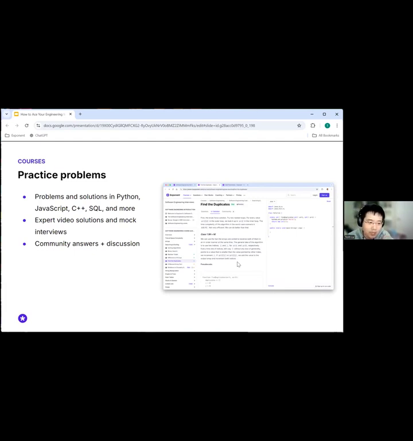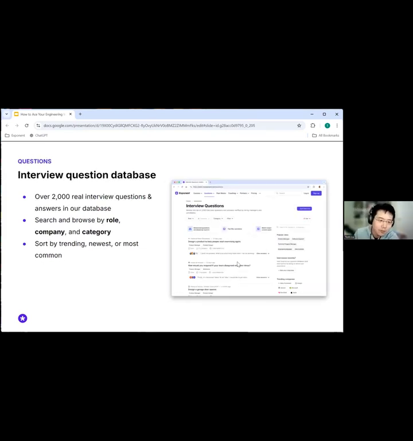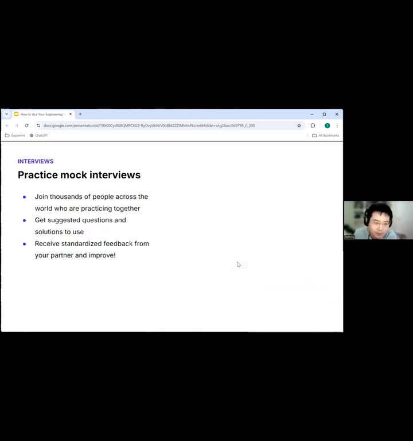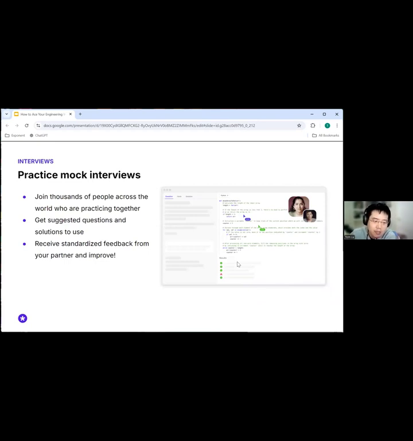Over the years, we have a large community. The community refreshes the question bank and provides answers and discussions for these questions. So we have over 2,000 real interview questions and answers in the database. You can basically search and browse by roles, companies, and categories. And you can also sort by trending, newest, or most common problems. And this is, in my own opinion, one of the most powerful